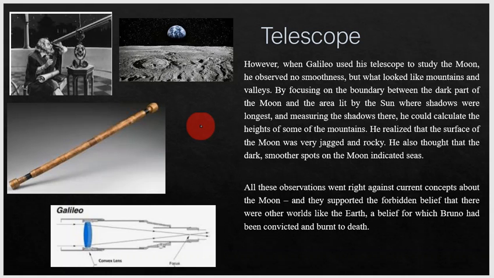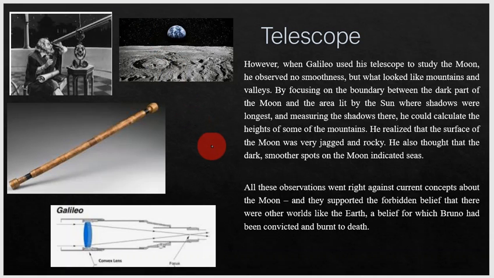And this is what started to, if you like, get Galileo into trouble. So he was very observant, he was very interested in looking at the world around him. And a big thing he used to do, he was an astronomer, he used to spend time looking at the sky and studying these heavenly bodies that were in the sky, but not looking at them in detail.